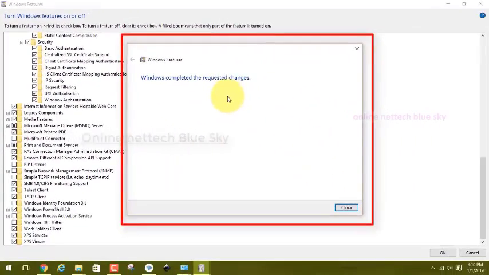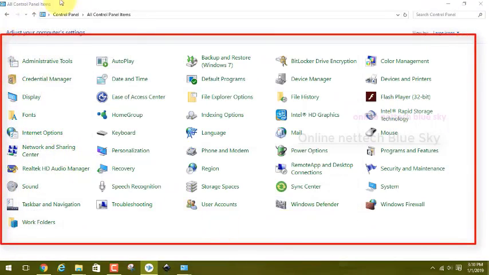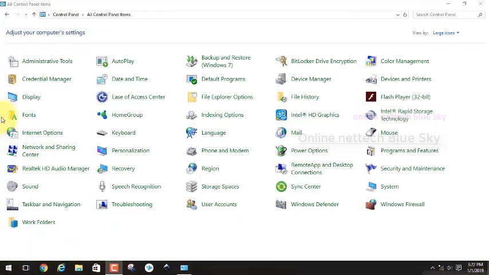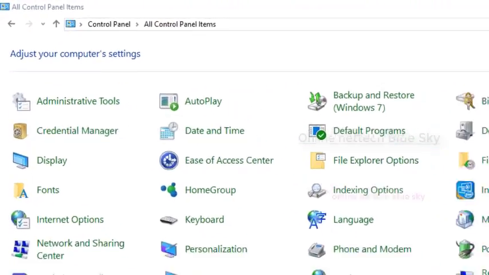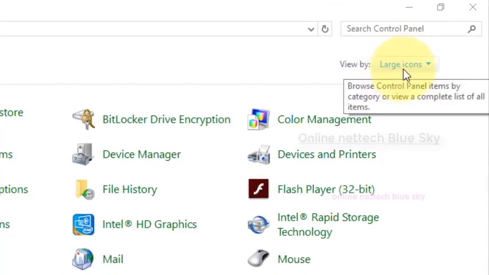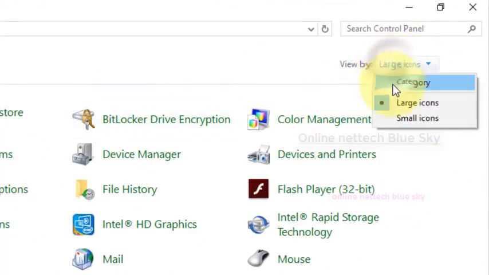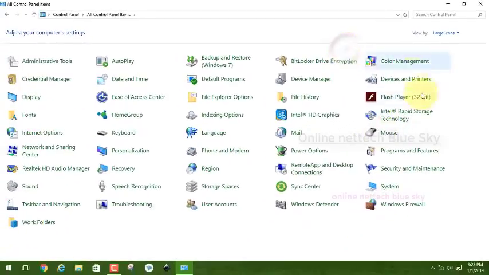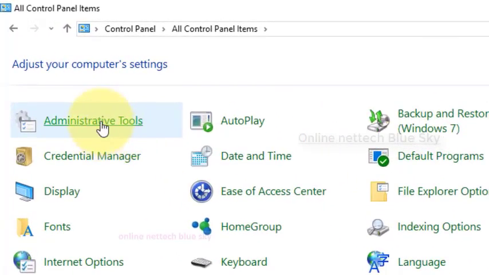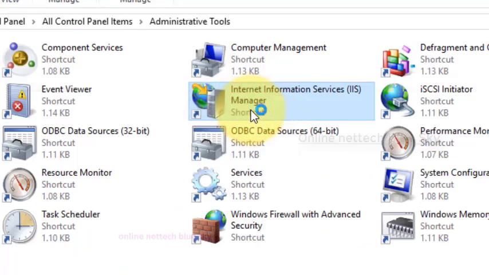Okay, so my changes are complete here, and you can see on top inside, not outside, this feature, and this is only for administrator tools. In administrator tools the features are available, so I click here, and this shows only administrator tools, and click on large icons, which means all of your system features and accounts. You can see the category inside, not more options. So administrator tools, and you can see here Internet Information Services.